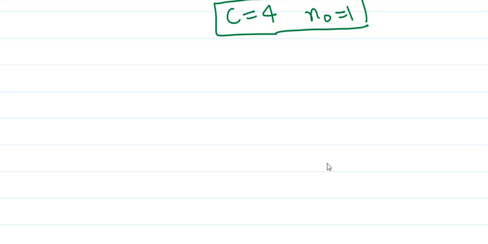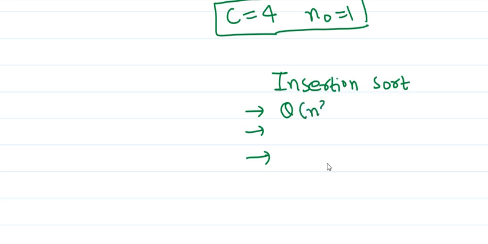So now let me take one small example. Let's say I want to analyze insertion sort. I guess all of you know about insertion sort. If you don't, then I request you to watch my previous tutorial. Now, after analyzing insertion sort, we will do this formally afterwards, but let me write it down in order to distinguish between these three asymptotic notations. If we analyze insertion sort, then on average we will get these results. This corresponds to my theta notation. It's theta of n square. On average it will do n square comparisons.